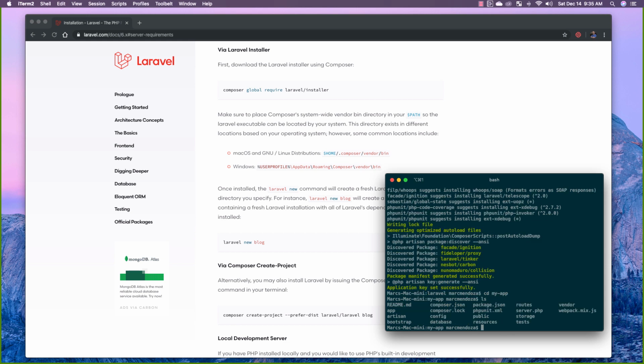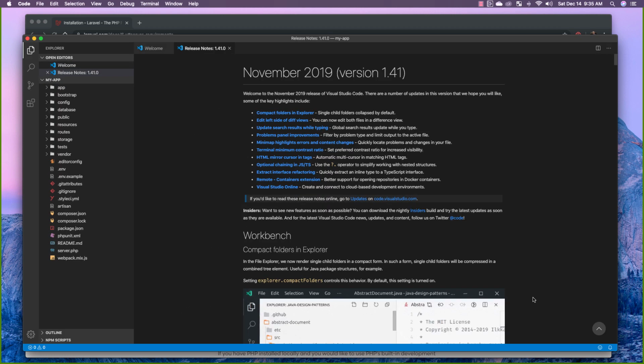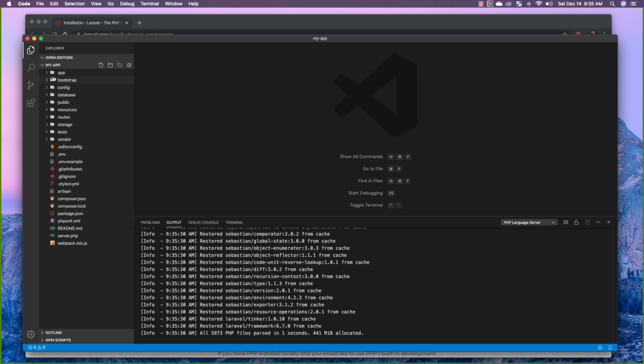All right, let's see what's in there. Great. It looks like we have all our files. Let's open it in a code editor. So I use Visual Studio Code. You can use whatever editor you want. Atom, Sublime, they all work just as well. So in here you can see we have a bunch of files and directories, but